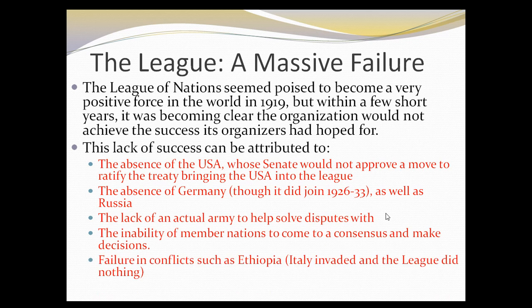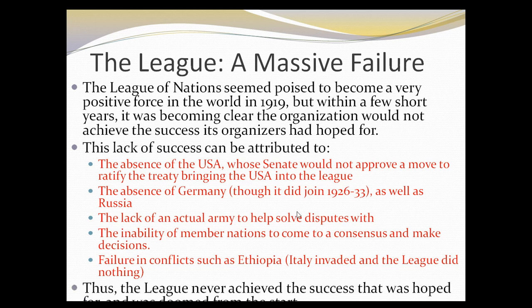A few examples would include the following. Italy had always wanted a larger colonial network. They hadn't really joined the forum the way other countries had. When Mussolini came to power, he invaded Ethiopia, which was one of the few remaining independent African states. A lot of people condemned that. A lot of people said that shouldn't have happened, that you shouldn't have more extension of colonialism in the 20th century. That was a little bit ironic because a lot of the critics were countries like Britain and France, which were still maintaining quite large empires at the time. Nevertheless, it was a threat that was scolded, but nobody did anything. And so a lot of people said, okay, well, the League's not really that useful.